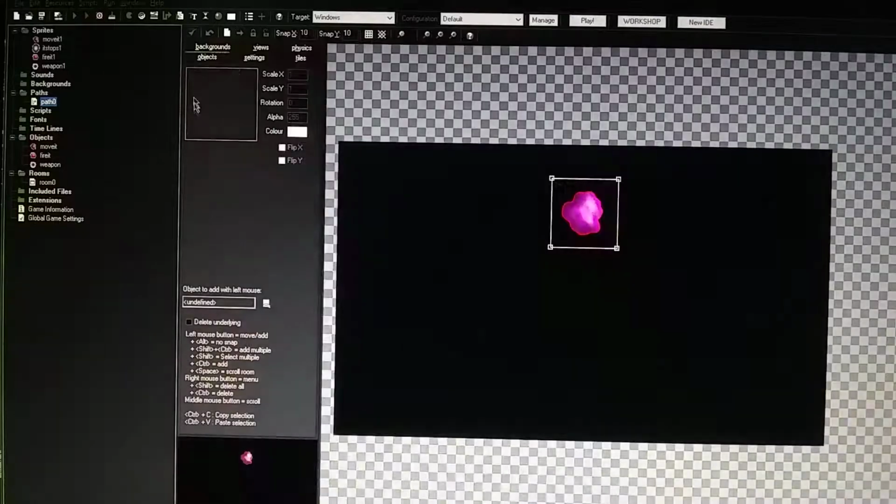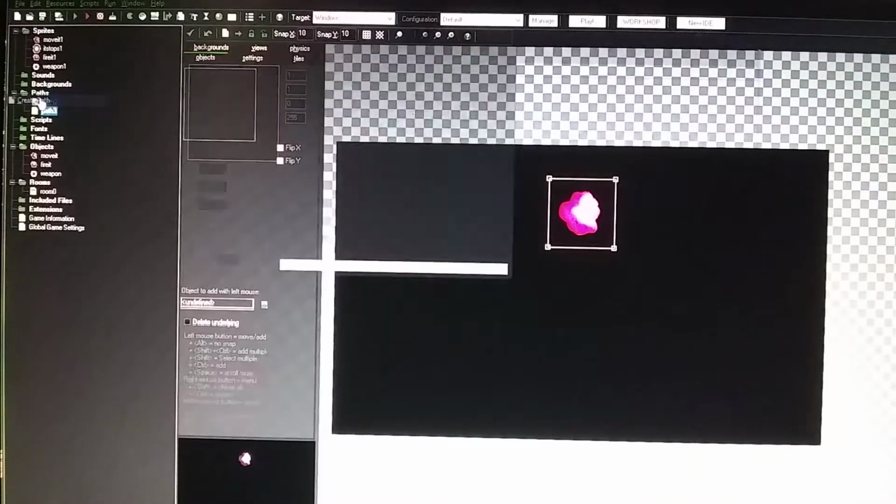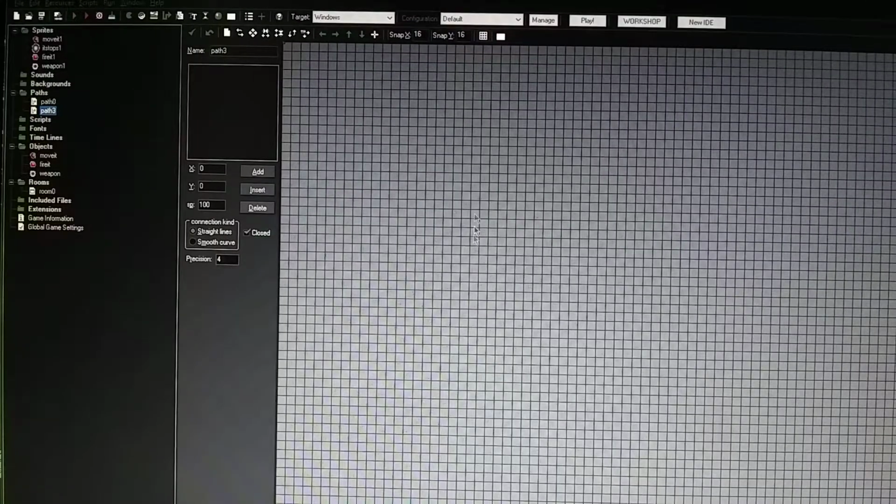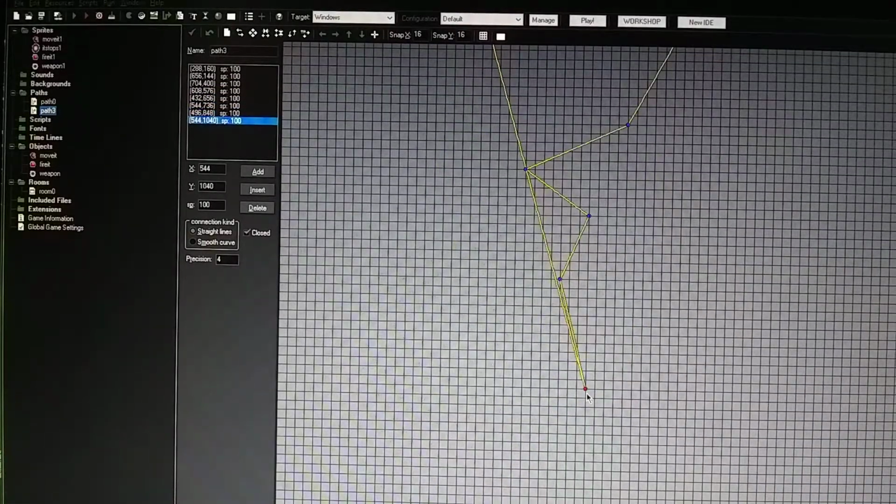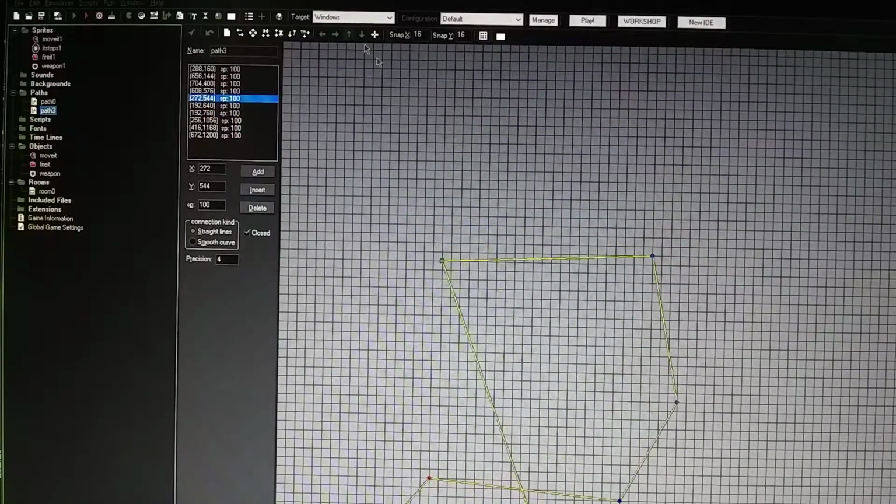I'll start from scratch again. Create a path. Alright, and then you want to plot your points. Alright, and right now it's in straight lines. Alright, and then go down and you can make more plotted points. And you can drag this out. Drag out, drag out, drag out, and then go up, drag it out,